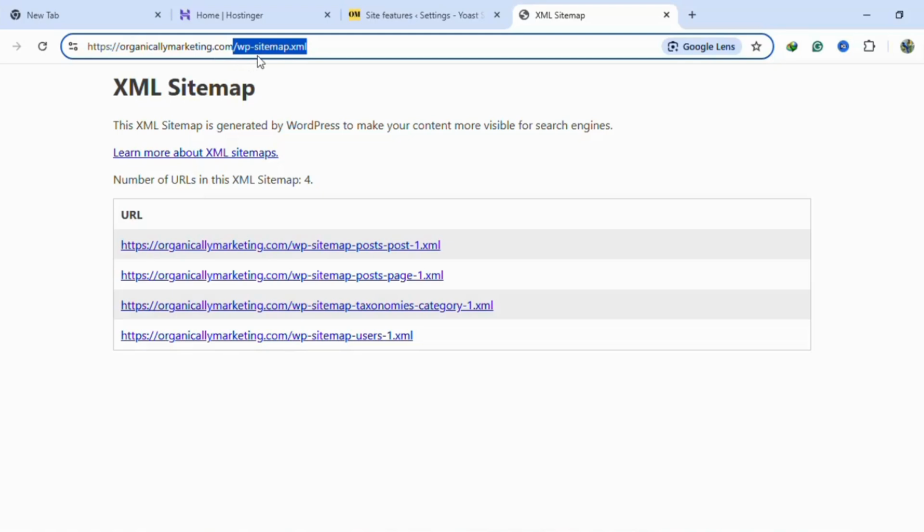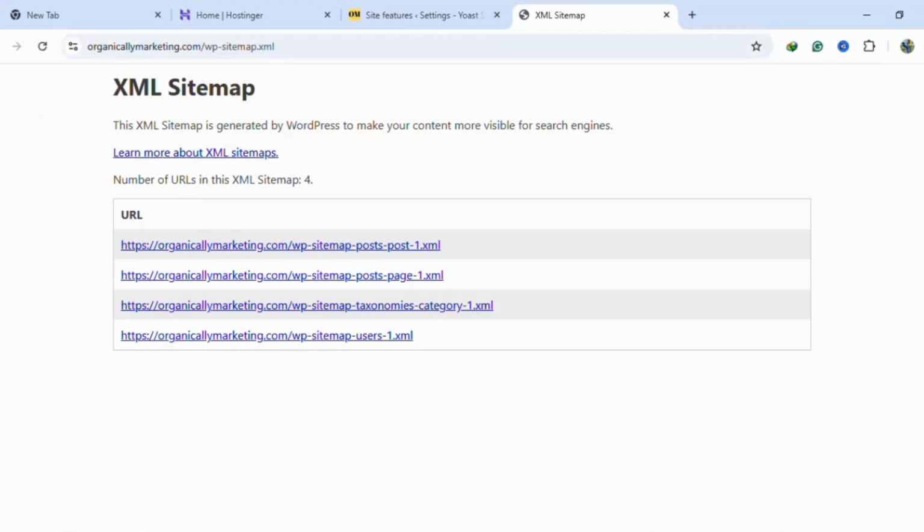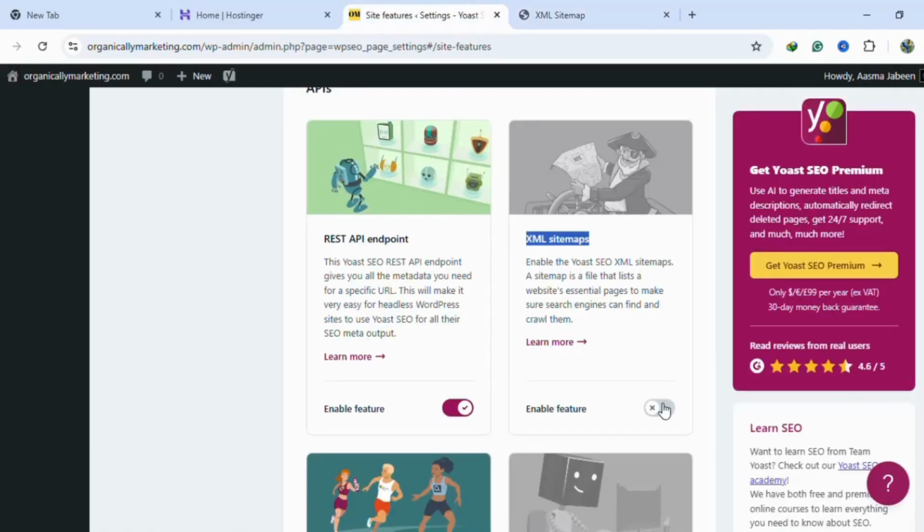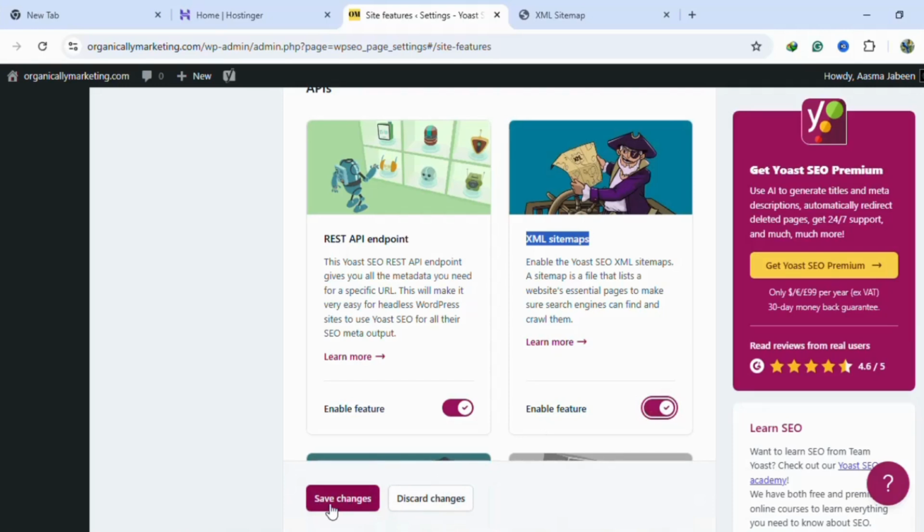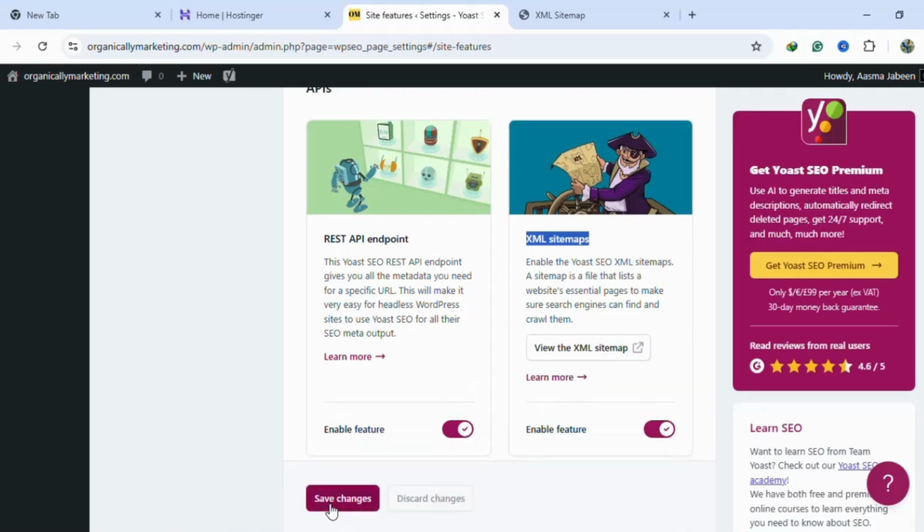This means that this XML sitemap is created by WordPress itself. And there is a little bit of difference. You can see that at the front of every sitemap there is nothing, but if we create a sitemap with Yoast SEO, there will be an option. Enable it, save changes, refresh the page,